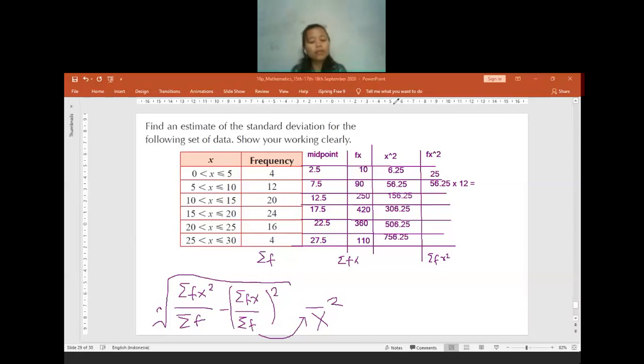Any question? I think you can continue it at home. I already offered time for 2 minutes. Is there anyone having any question so far? I already gave you the steps. You just need to complete the table, fill it into this square root, and calculate using a calculator. It's not a hard thing that you have to do.